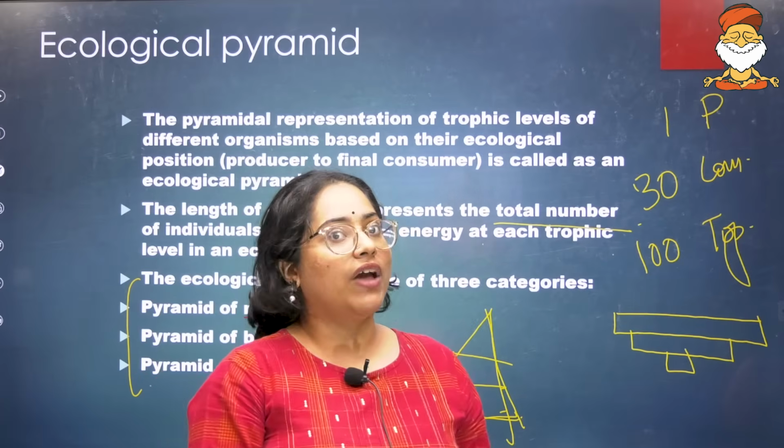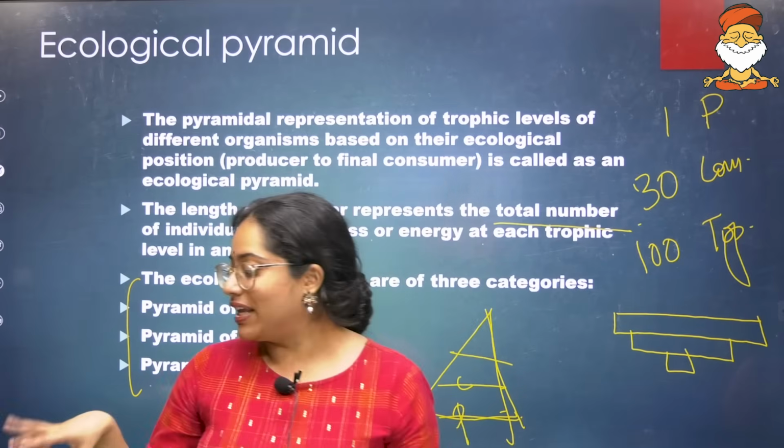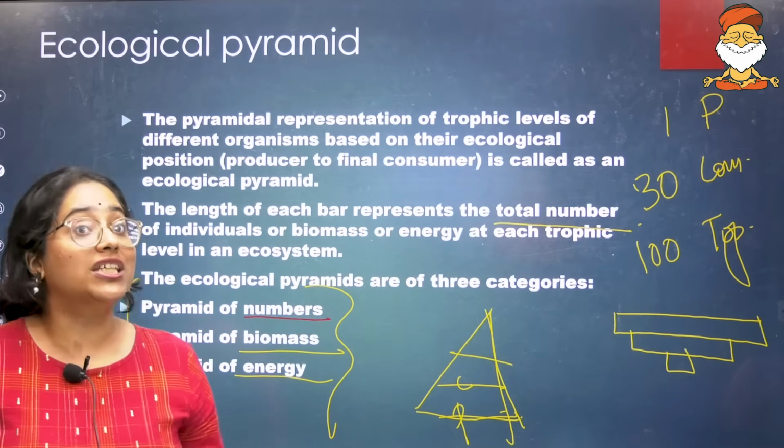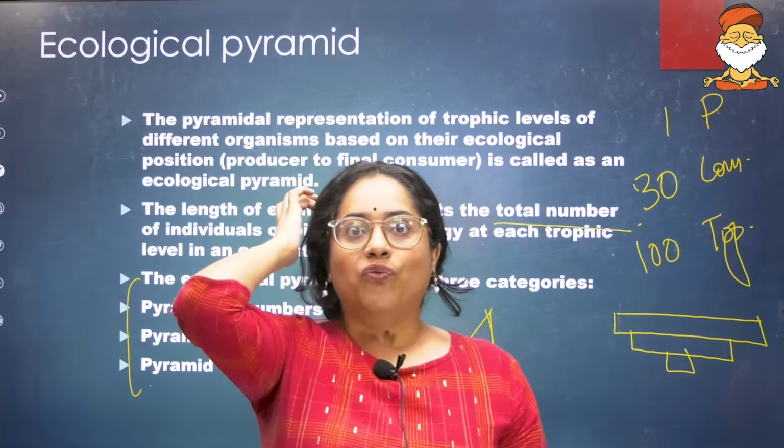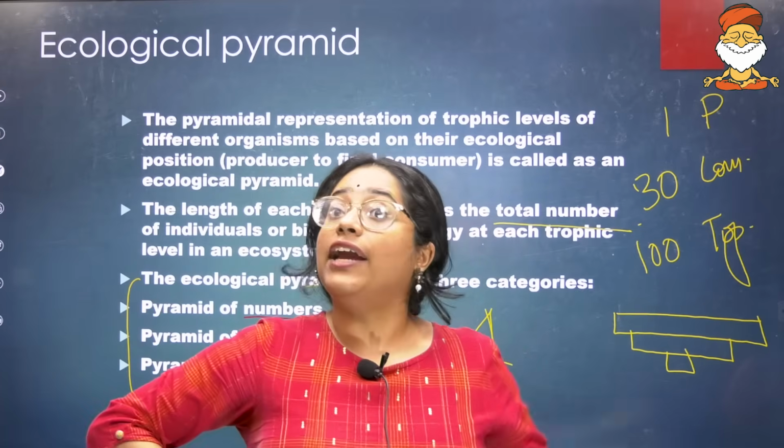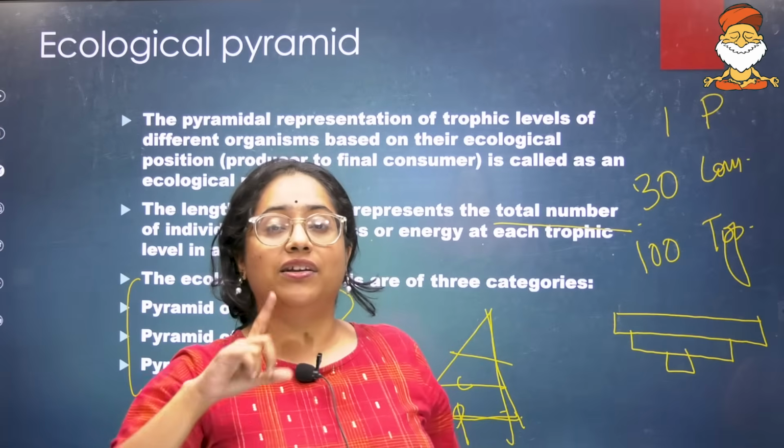So they can ask you a very interesting question by giving you this and asking you what will be the shape of the pyramid. Okay, so if you know the area, know what can be there in that different area. And why did I tell you this will never be the case that there will be one producer